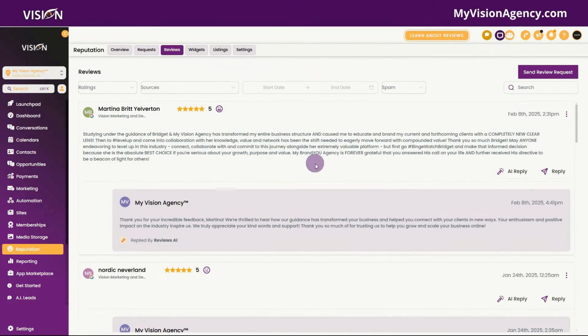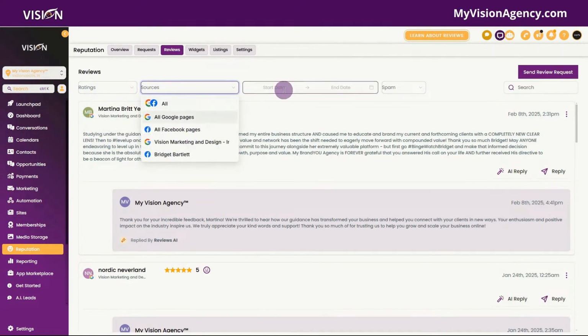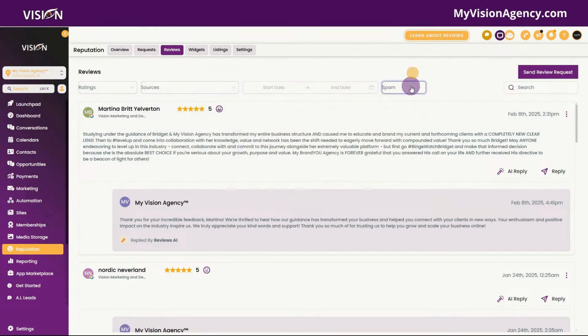You also have the reviews area here. So this helps you streamline your responses. So if you are manually responding to the reviews, you'll see all of those here. You can sort by the rating and the sources here. You can also sort by date, and you can even sort if it's spam or not spam. So you'll see that Martina left me an amazing review, and you'll also see that the reviews AI responded to